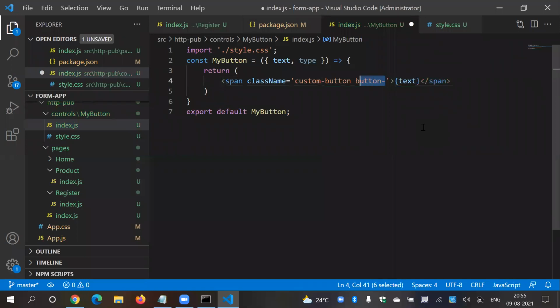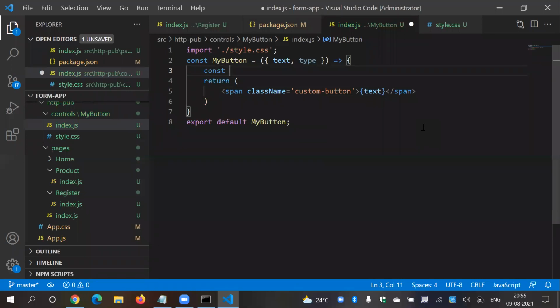Instead of this, the best approach is, let's say, constant style. Don't say constant, constant is fixed. Let's say constant style is, let's say, background color is equal to sky blue.